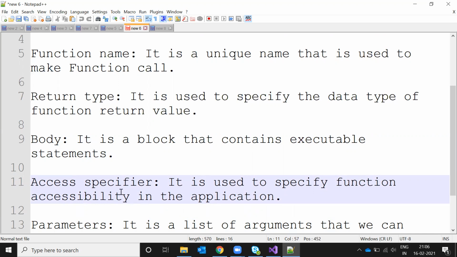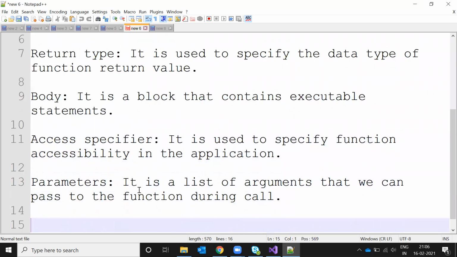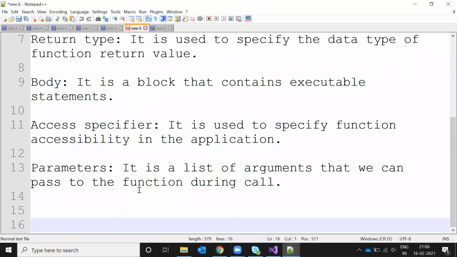I will make another video on access specifiers so we can understand exactly what they are. And parameters: a function may or may not have parameters. They are the list of arguments that we can pass to the function during the call, and we add them when we create the function.